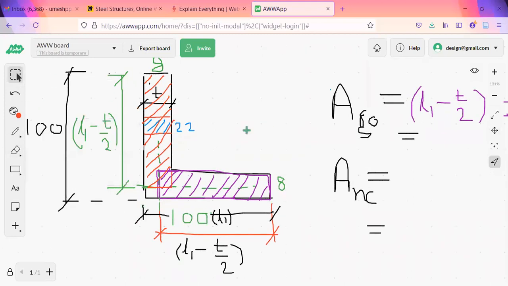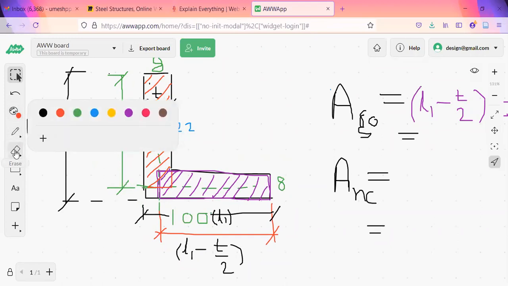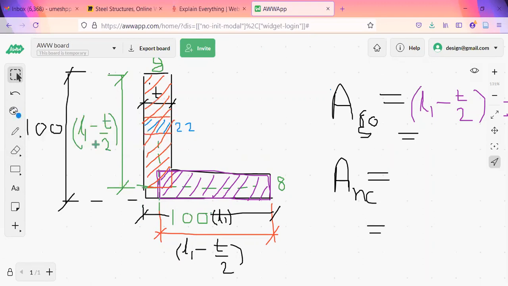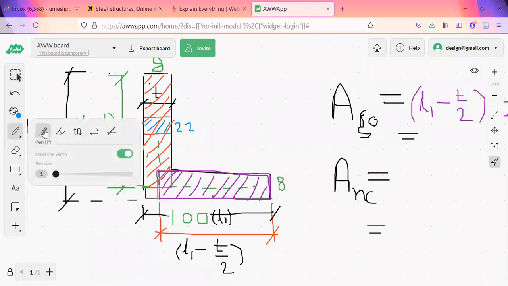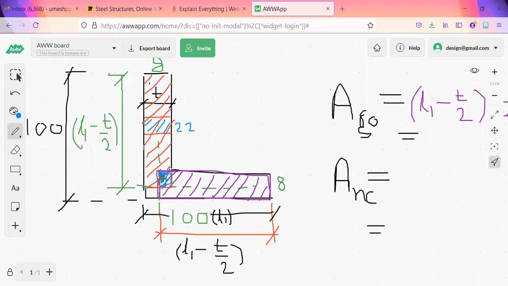Now see this one. You can see there is an overlapping of a small portion here also. This portion has come in both the rectangular area calculations. See this. Where is that one? This area. I'll just darken it. Observe this. I'll just darken this portion. This part has come in both calculations. You agree for this?